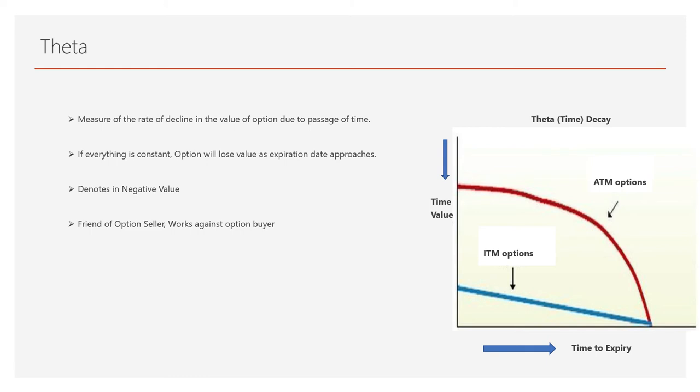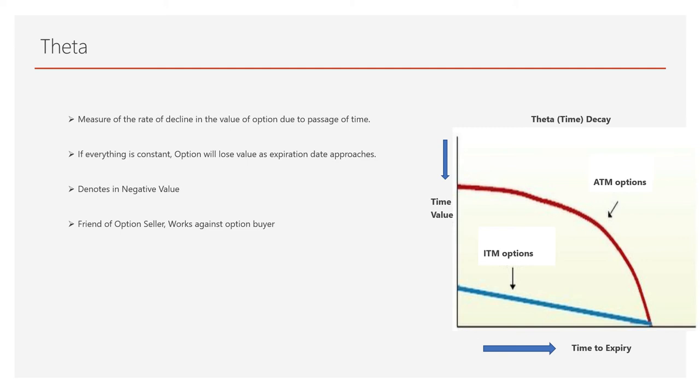In the option premium we have two values, intrinsic value and extrinsic value. The intrinsic value is its real worth. Like, a stock is trading at 100 rupees, and a 90 rupees call premium. Here, understand, the stock is trading at 100 rupees, so the 90 rupees call option has an intrinsic value of 10, because the stock is now trading at 100. A 90 rupees call option must have a value of at least 10, because 10 is its intrinsic value, its real worth.